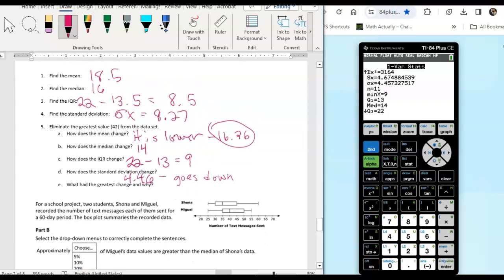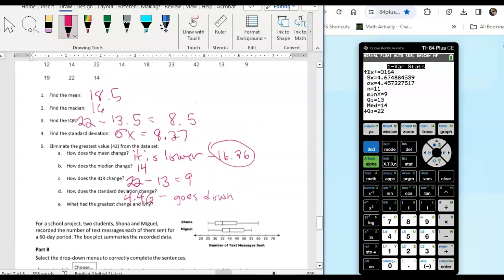And so that shows you that even when the data is skewed with a higher number, the IQR gives a good representation of how spread out that data is. What had the greatest change and why? So it looks like the greatest change was the